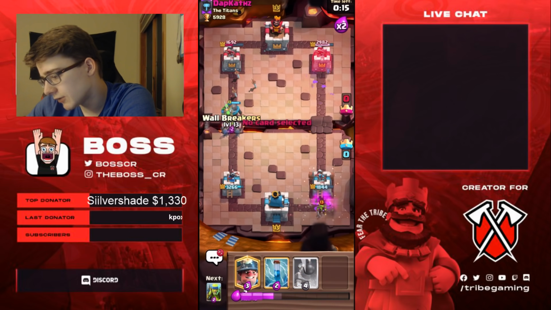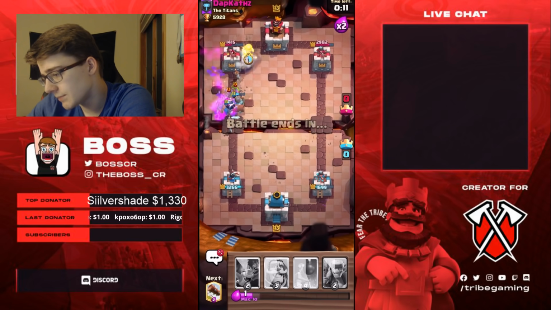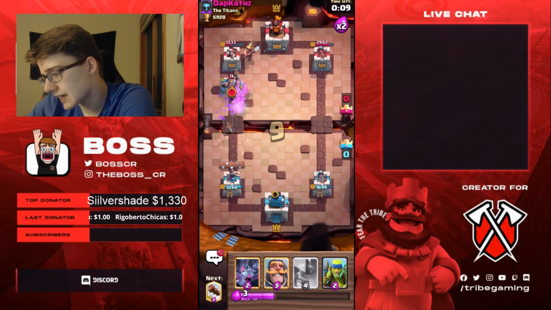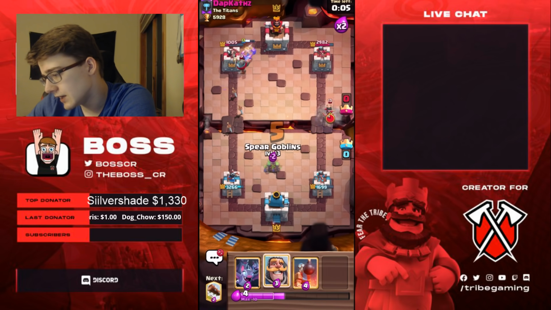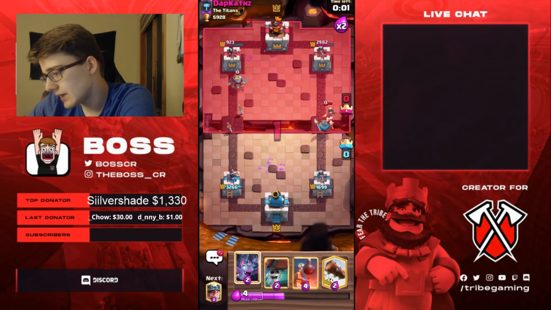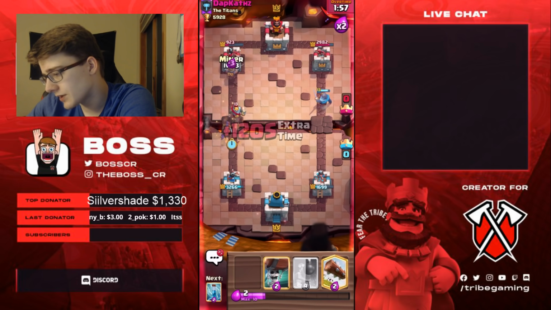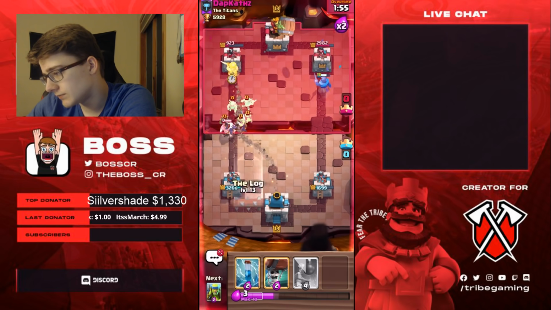We are not falling. Okay, I lied. We kind of fell for it because we didn't hit all of them. But do we get this wall breaker to connect? We do not. That was super close to connecting, but unfortunately did not. We do not fall for the princess at the bridge this time. We do have to end up wasting a set of Spear Goblins, but I think overall it was worth it. We're going to go for a...